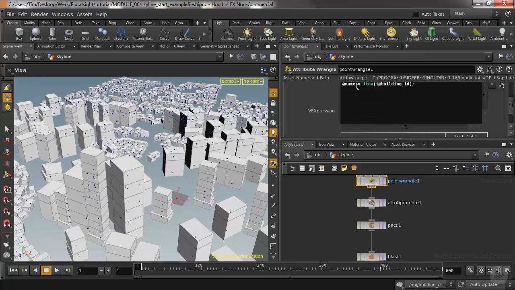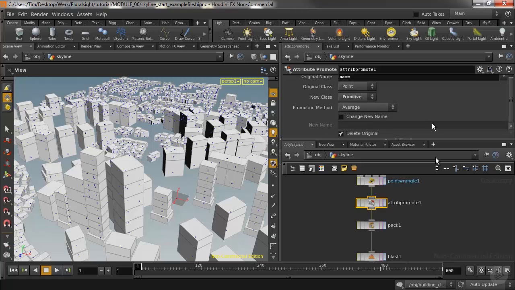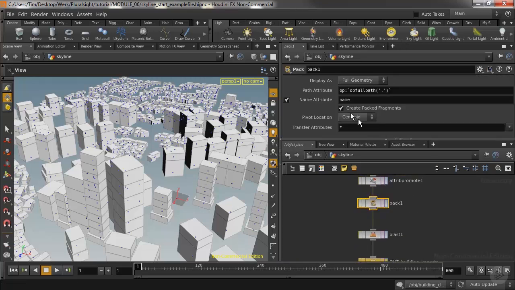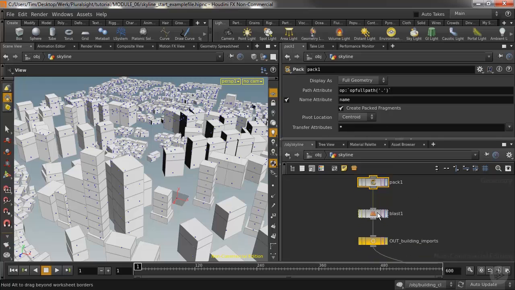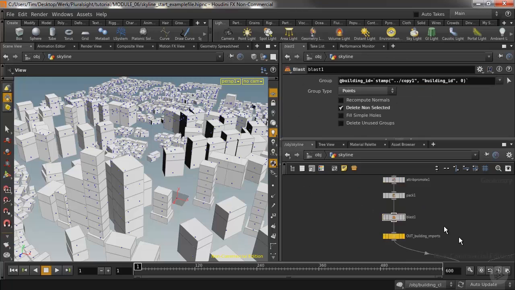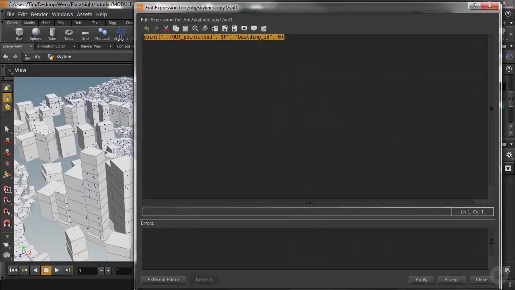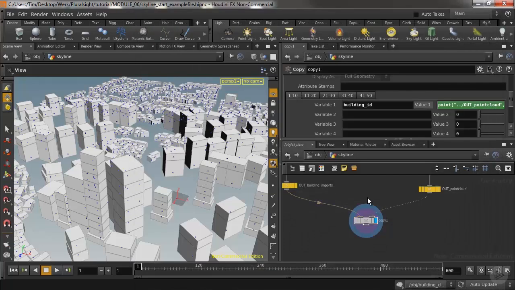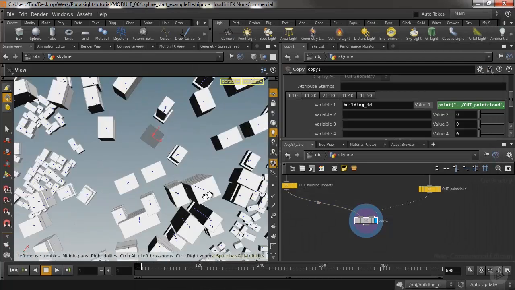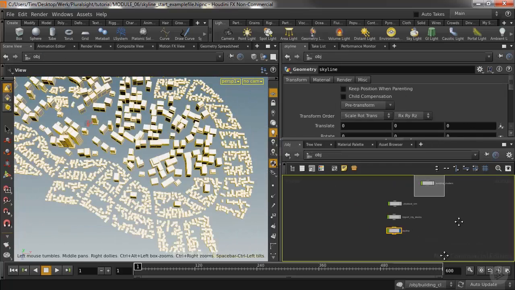We have an I2A like this in a point wrangle. We then promote the name attribute from point to primitive. We then pack by name. So we transfer all the attributes on top of the pack. Then we blast with this expression, building ID, and that expression is found here, building ID, with that point expression. Once we do that correctly, we can see that all our buildings are being copied onto our points. Let's go up one level, visualize the city blocks